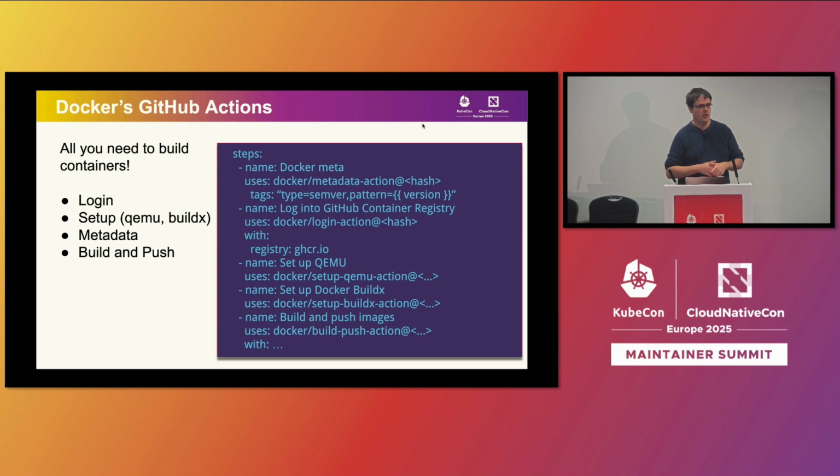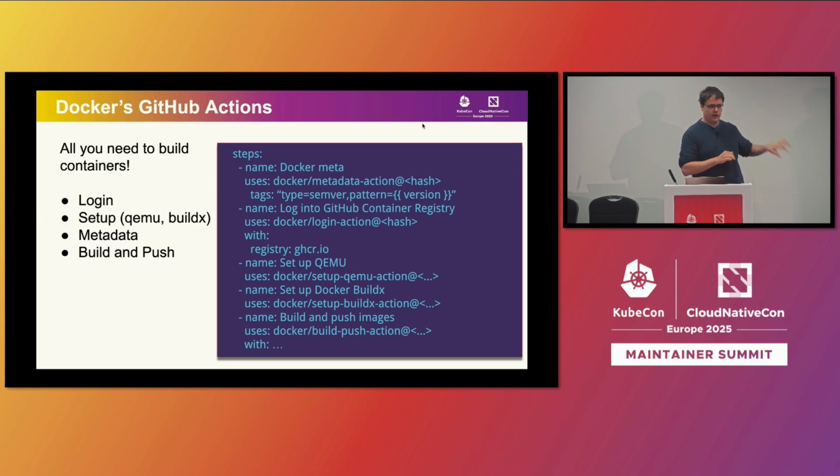So those were the things I learned from others. I looked around at what other people are doing, and then was like, oh, that's really cool, let me reuse that. But one thing I figured out, I have to admit, a few weeks ago is that there's also a metadata action that helps you to do all the tagging and labeling and annotations and those kinds of things.